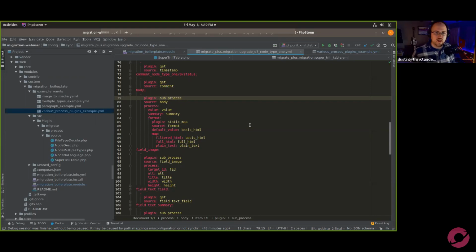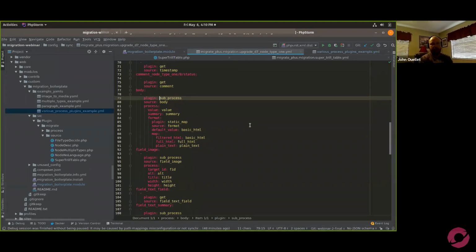Got it. And we also had a couple questions regarding debugging. So the best way to debug a sub process, are you thinking Xdebug, John? Yeah, always use Xdebug. If you watch the first webinar, I show everything on how to set that up. But there's a quick and dirty way of just coming in and